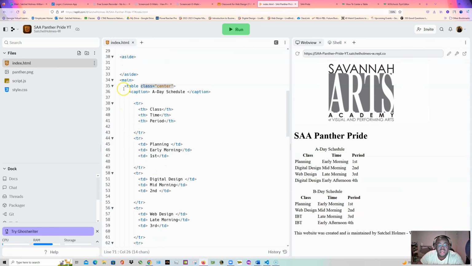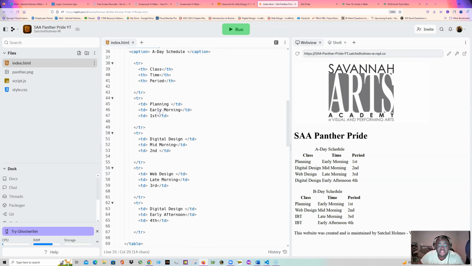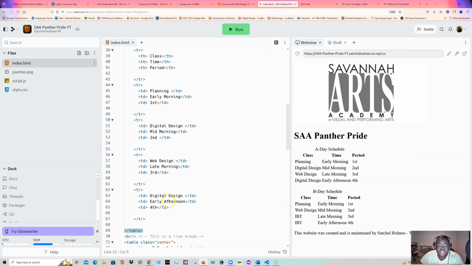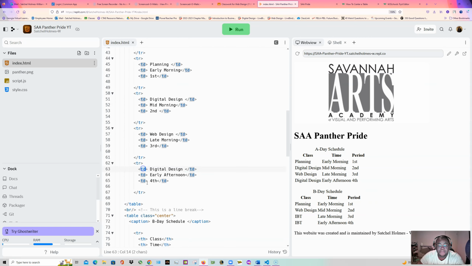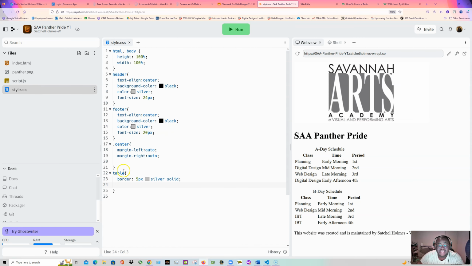Thank you. We only selected the table element. Remember, the table element is what wraps around the elements that are our table rows and our table data. So really what you want to do is, instead of just selecting table, you also want to select table